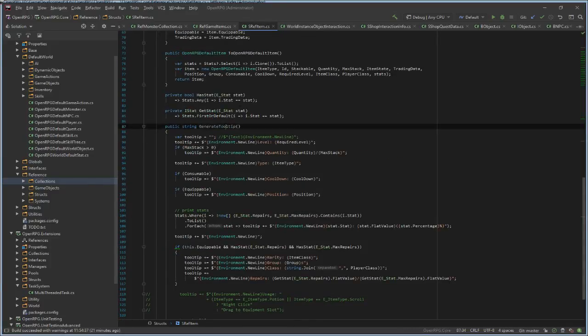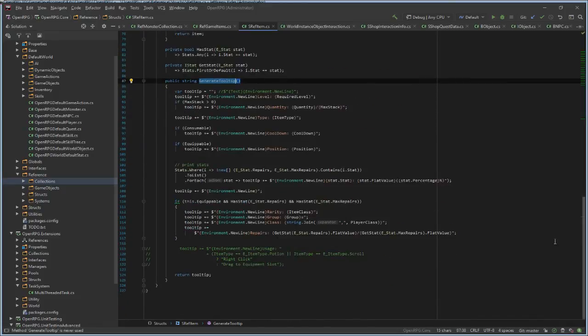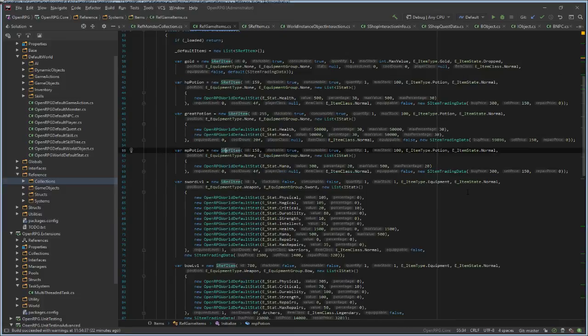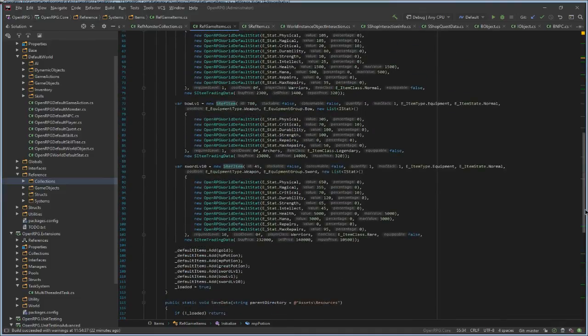You don't need to get the base item to get a tooltip to display. Anyway, this is all very basic stuff.